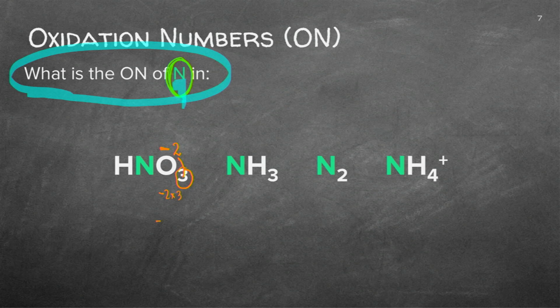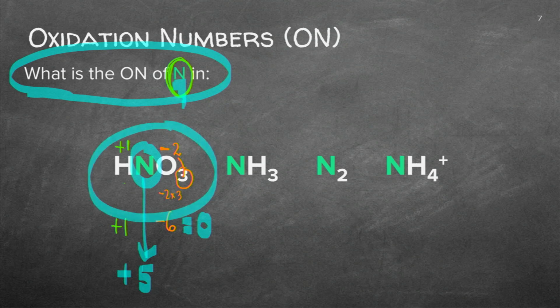It will be -6. I know that I've got hydrogen, it is only one of them, so that's +1. We also know that the sum has to be 0. So what do I allocate to the nitrogen if I've got a +1 and a -6? I will allocate an oxidation number of +5. So to answer the question, if I've got nitrogen in this nitric acid, the nitrogen will have an oxidation number of +5. Let's go to the next one.